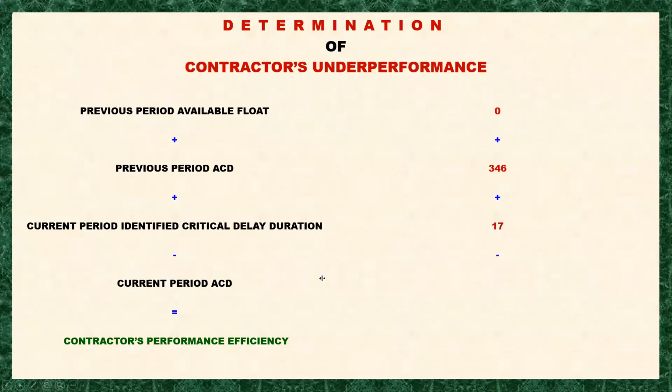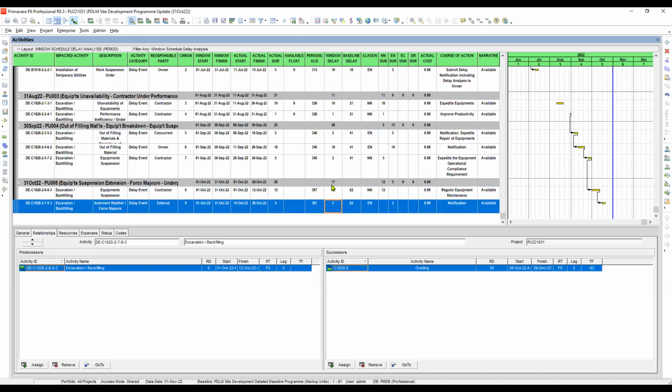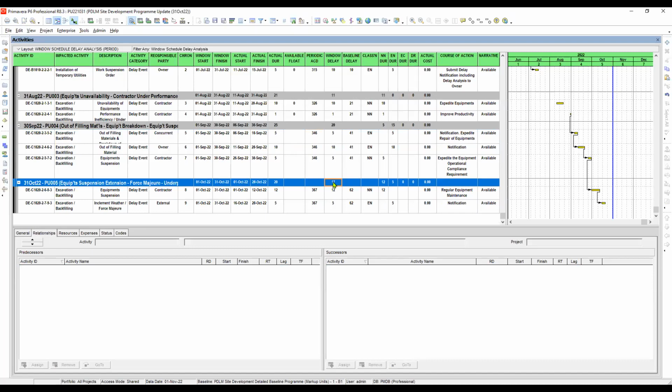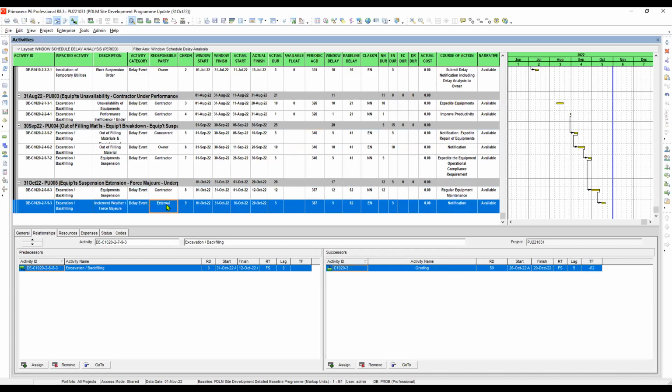Looking at our window schedule delay analysis layout, we have a total of 17 identified delays. For the contractor it is 12 days, and for the external delay, which is the inclement weather,